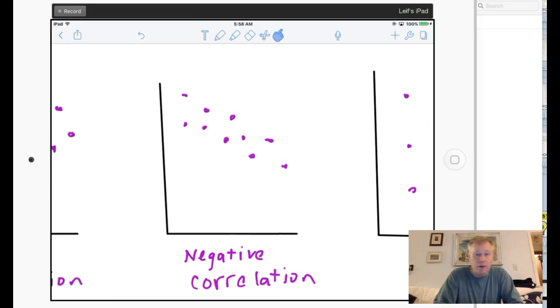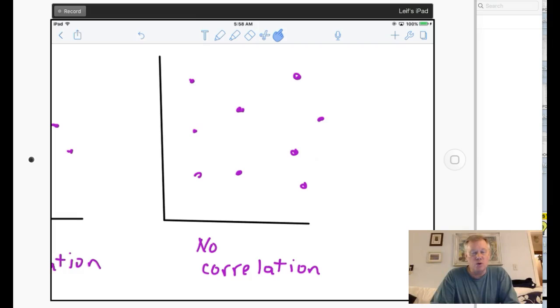Now this one over here is negative correlation. And similarly, if I was to throw a line in between those, that would have negative slope, okay? And that's why it has negative correlation. And those points are in the general same grouping, okay? Which is why I know that there is negative correlation there. Now the last one